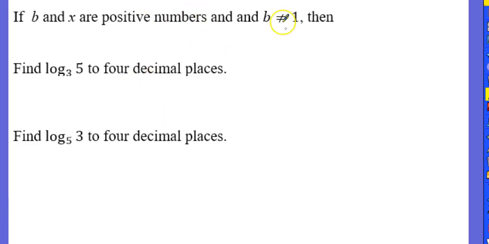There is a formula, and I think yours says if A and B and X are positive numbers, and A doesn't equal 1 and B doesn't equal 1, I dropped the A. Okay, I dropped it. I don't think it's necessary, so cross it out. Then, so if this is true and B does not equal 1 and they're not negative, they're positive, then I can say that the log of X base B is equal to, there's the formula,